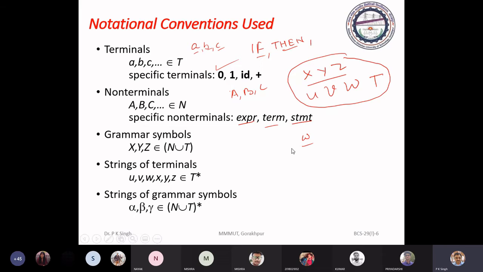So in the entire discussion of this course, we will use this convention to write the grammar. Wherever we have to handle a grammar, we will use this convention. It is, you may say, universal.